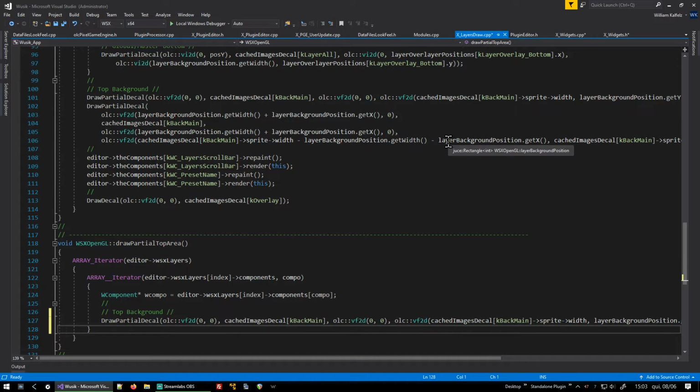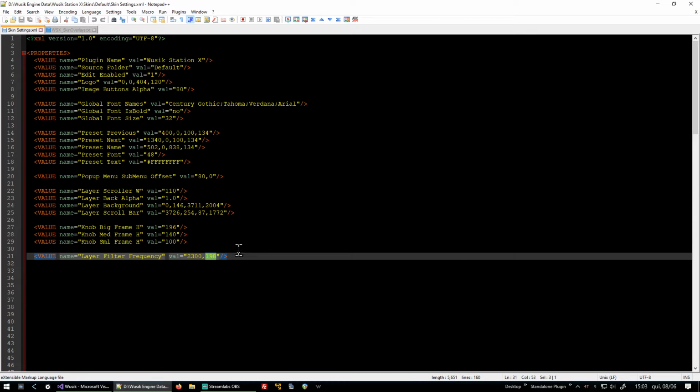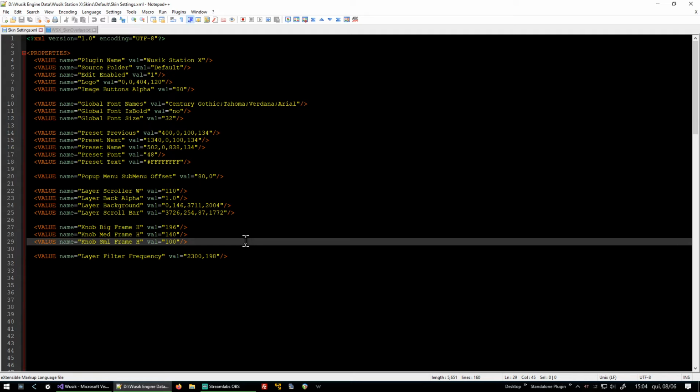I'm trying to remember something. Okay, it's on the components drawings. But first I need to create a position on where it should start, because I can't use the layer area,